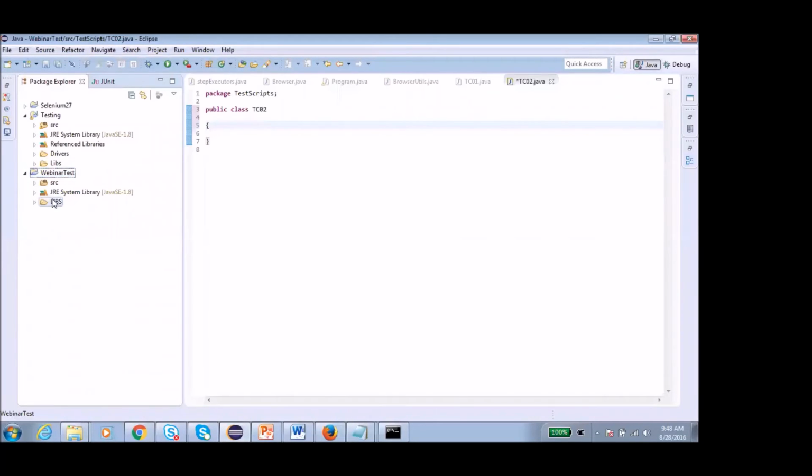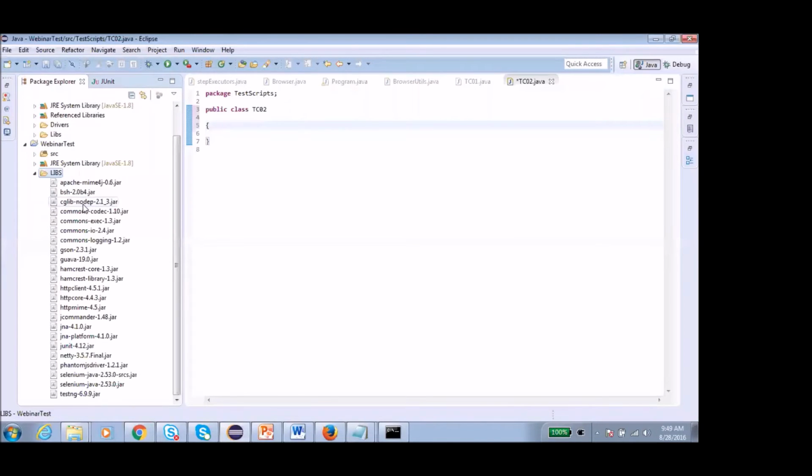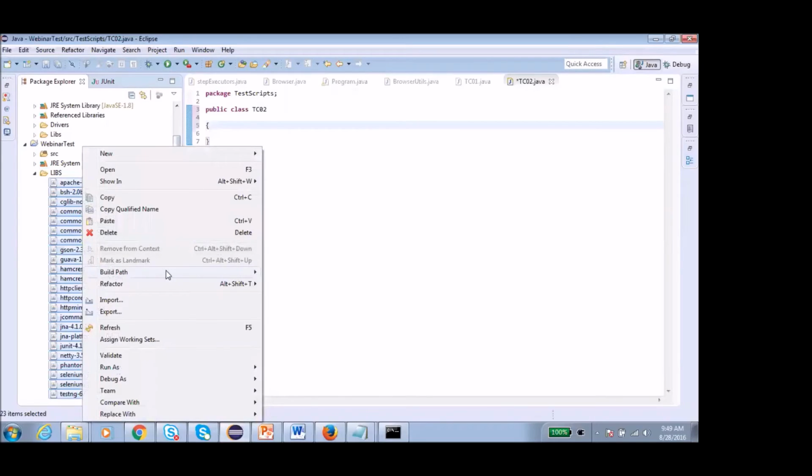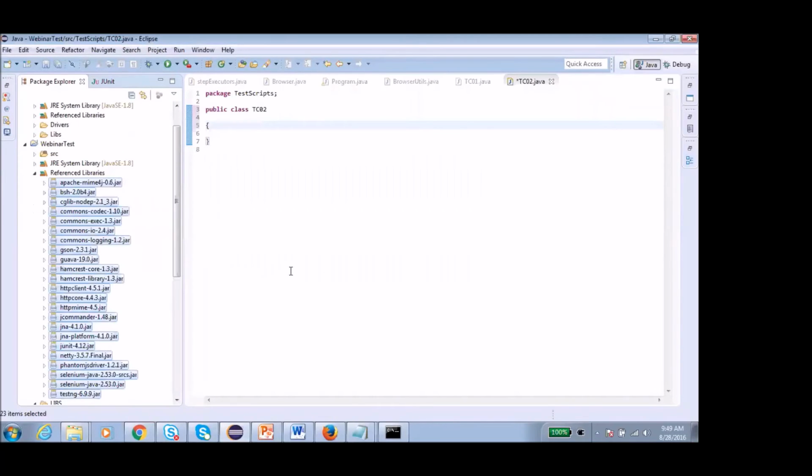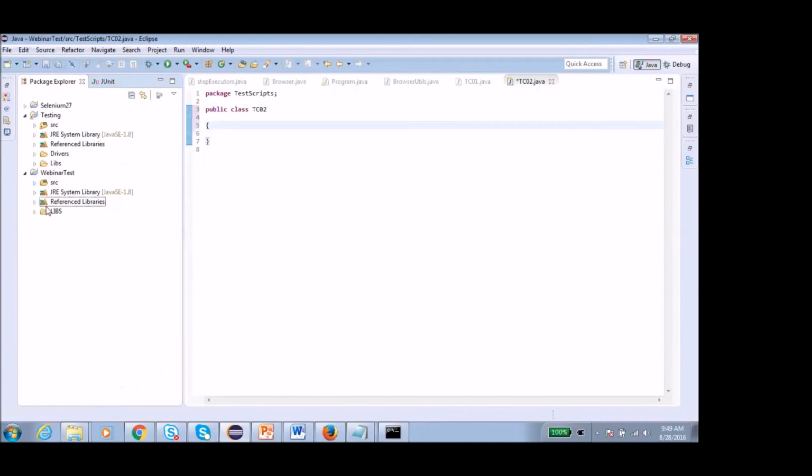We have created a libs folder, and whatever jar files we kept in it get populated here. Select all the jar files, right click, go to build path and say add to build path. It will create a reference library.